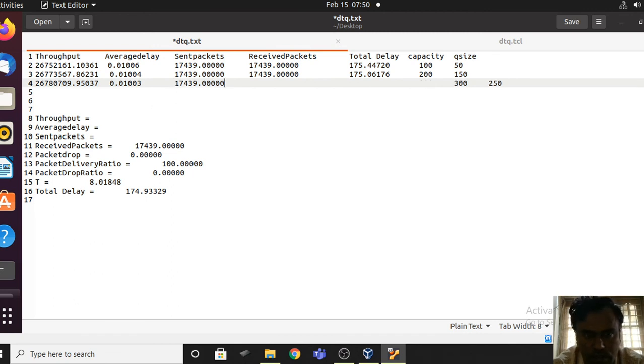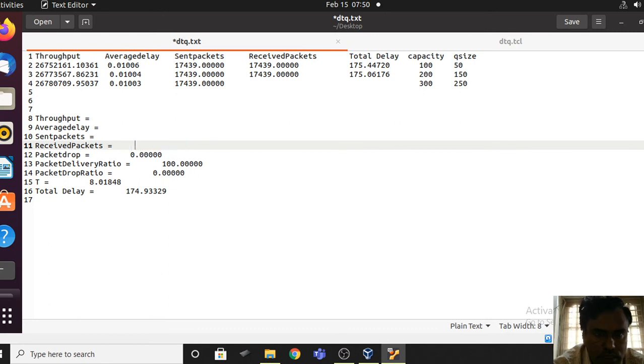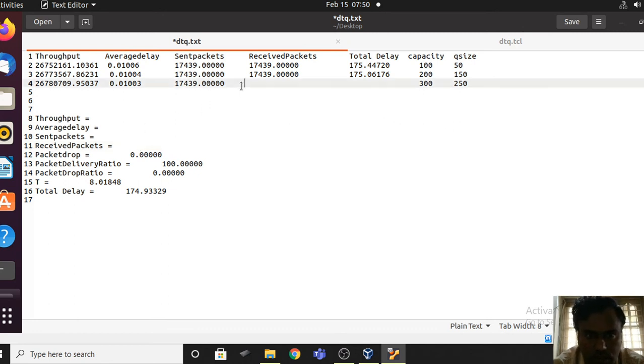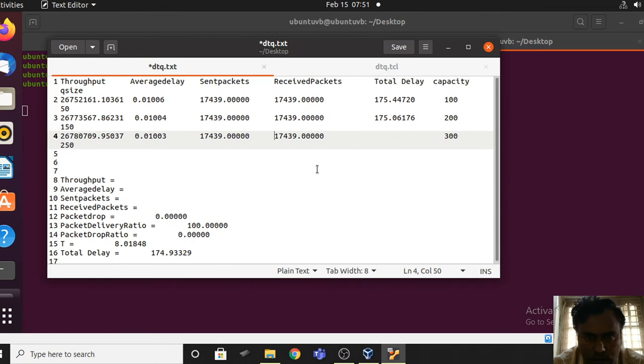Then this is brackets, right? Control X. Control V. And then you have one more, that is total delay, no?